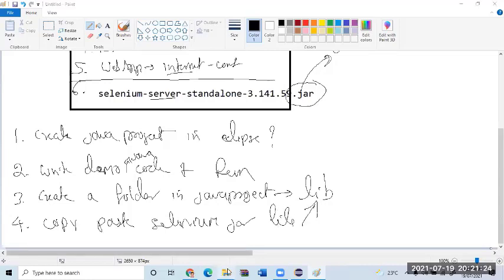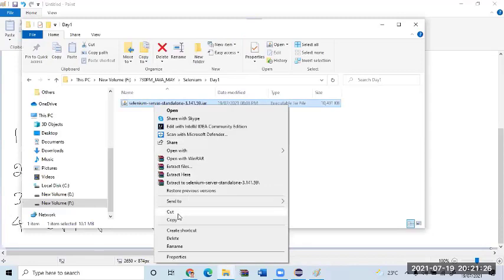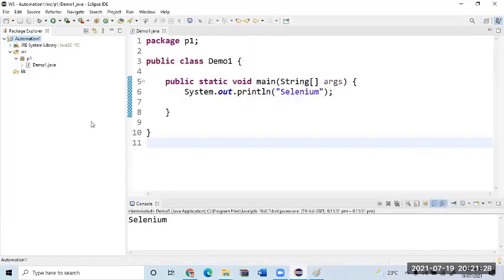What I will do is copy this, go here, and paste it. This is the step you should do. Do that for me on your laptop, please. Don't do anything else. Just create one folder and copy paste.